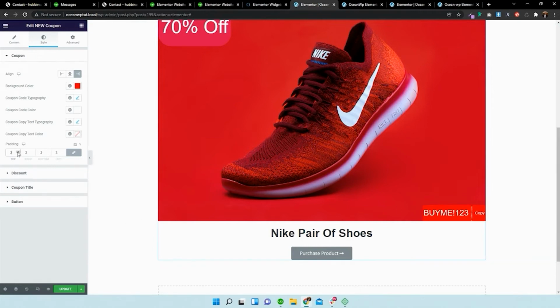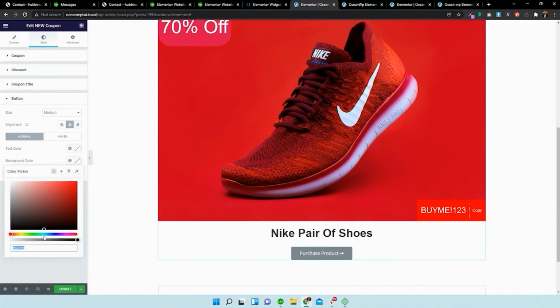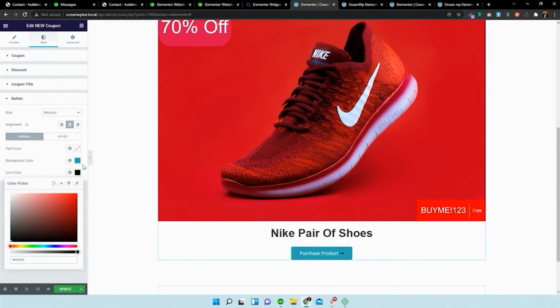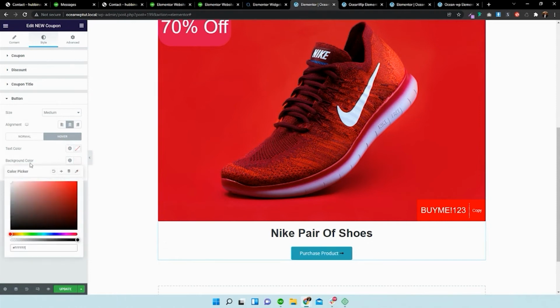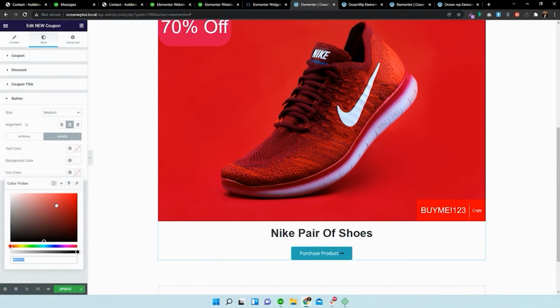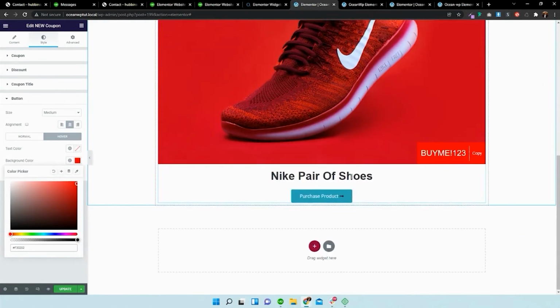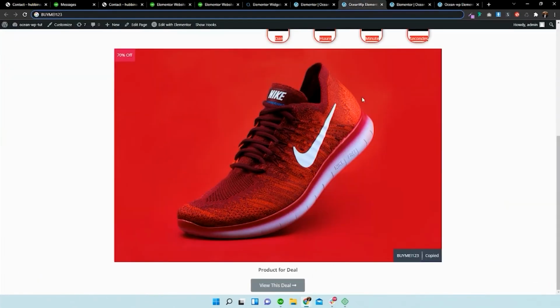We can either add some padding or lessen the padding. The discount has been done. Let's style the button a little bit to make it a nice blue color. And the icon color, let's make it black. Let's give it a hover effect. Background color, white. Icon color, white. Sorry, let's make the background color red. So if we hover over that, you can see those styles have been applied. Cool, so let's head over to the next section, which is the